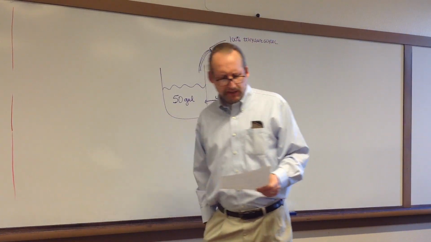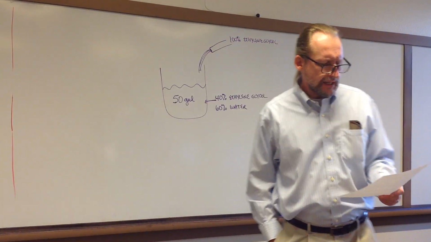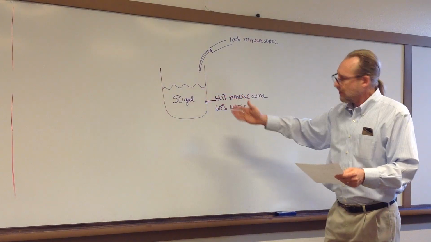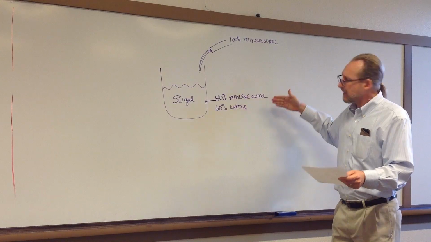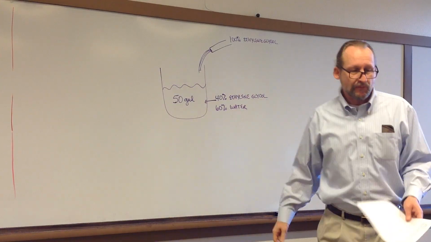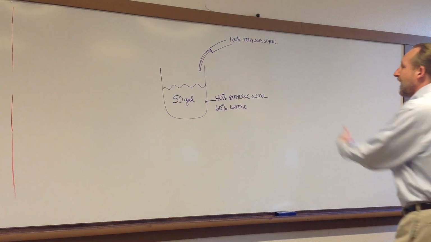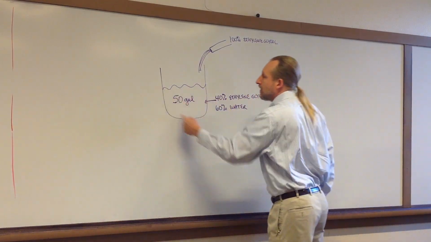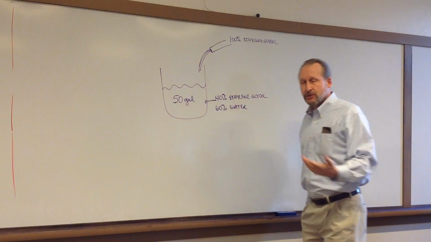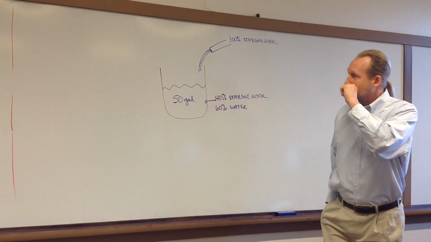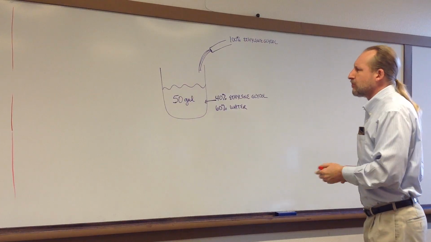So the problem starts out saying pure ethylene glycol is added to 50 gallons of a coolant mixture that starts out 40% ethylene glycol and 60% water. So the first thing that I would do here is to figure out how many gallons of ethylene glycol are already in the mixture and how many gallons of water are in there as well. That second part is not quite as important